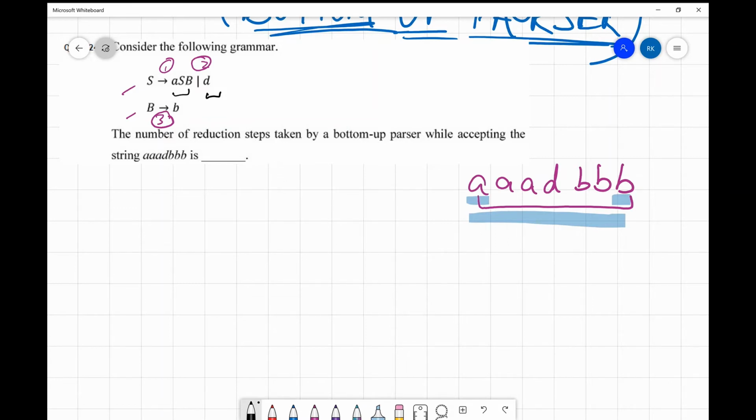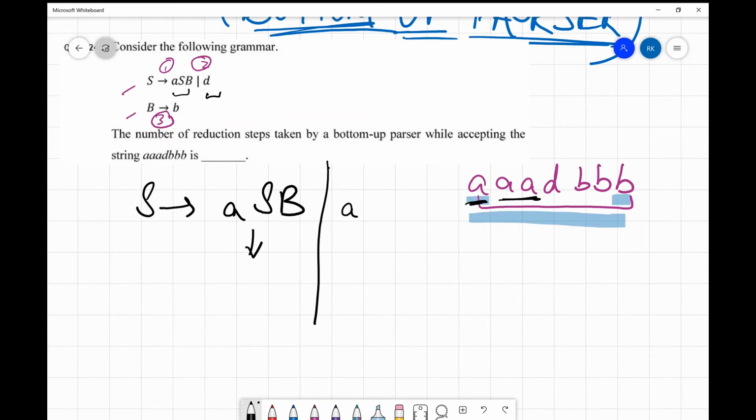So I start with ASB. Now I have one A at the start. I need two more, so I'll be using this production at least two more times. Again I use it, and let's see what string is formed. We have only A till now. Then I use it again on S, and I write A, then in place of S I write ASB, and this is the following B. This is the new thing I've written.